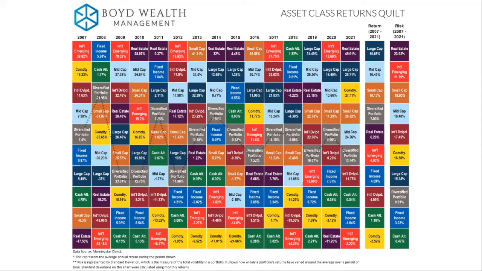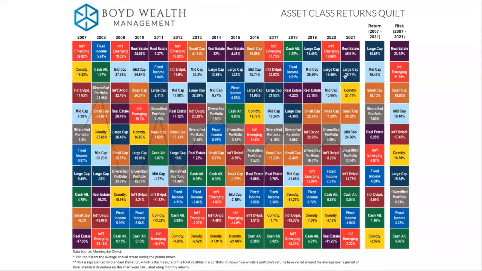The quilt is always important to review because it's a reminder that the world is unpredictable. Instead of trying to focus on which asset class will perform the best in any given year, the question to ask is, am I investing in alignment with my goals? When do I want my money back, and how much capital will I need to reach my goal?